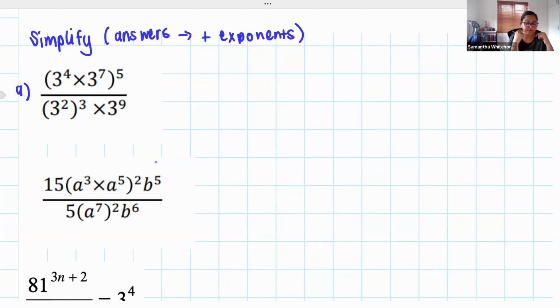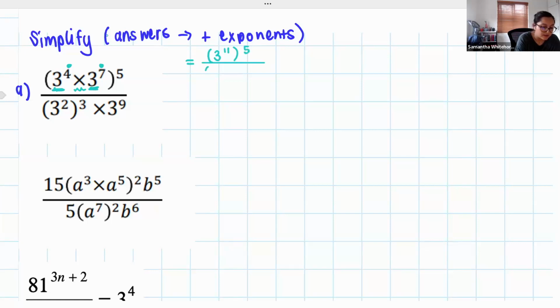Now, remember, if your bases are the same, you are able to apply your exponent laws. The reason I'm making this statement is because if you have a look in your bracket, both of these values have a base of 3, which means that when we start to simplify, I can just add these two exponents together because I'm multiplying. So in the bracket, 3 to the power 4 times 3 to the power 7, we can add those exponents together. If we add those exponents together, we end up with 3 to the power 11, all to the power 5